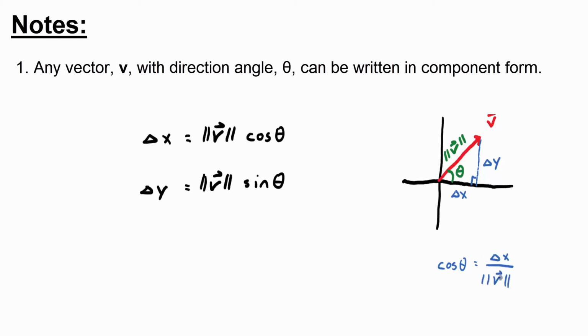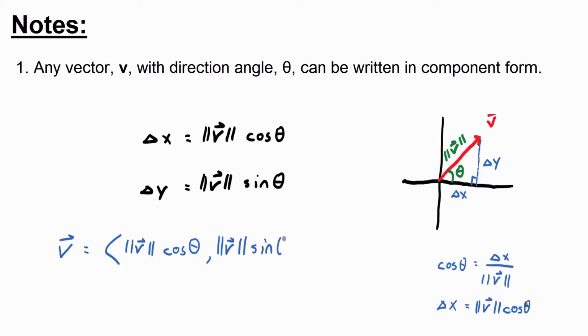Now solve for delta x by multiplying both sides by the magnitude, and you get delta x is the magnitude of v cosine theta. And then you could use the SOH part of SOHCAHTOA to get delta y. So we're back to trigonometry, which you can see now is why we're talking about vectors and trig, because you use a lot of trig to derive some of these formulas. So by the way, if you wanted to write the vector in component form, you would say vector v has components magnitude v cosine theta, comma, magnitude v